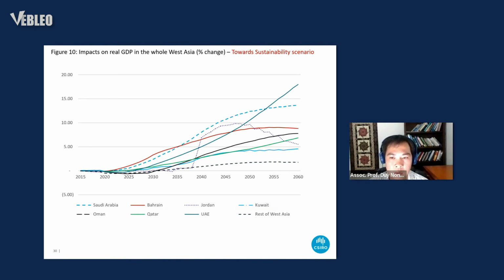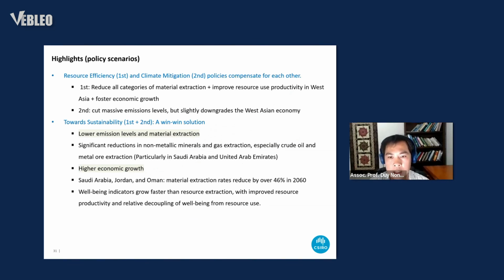And in all countries, the sustainability in the region increased. So there are some highlights from the policy scenarios that we want to deliver from this study: the resource efficiency and climate mitigation policies